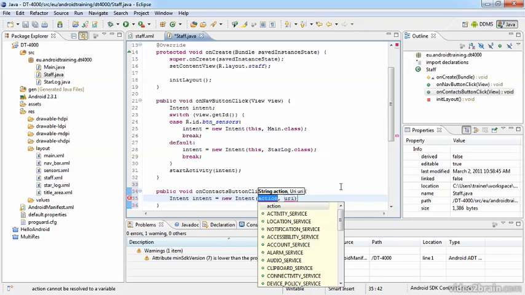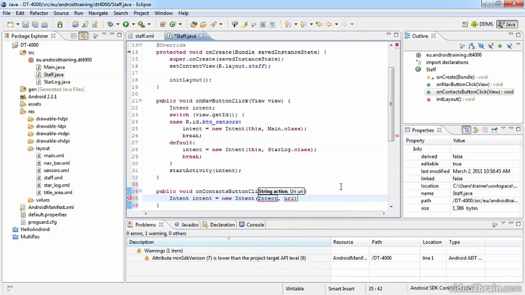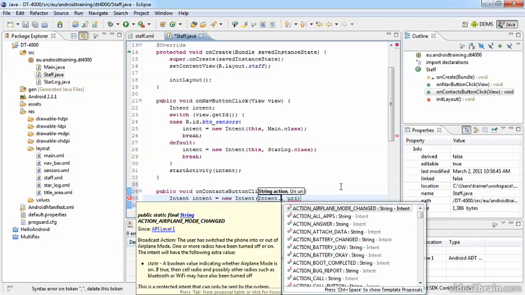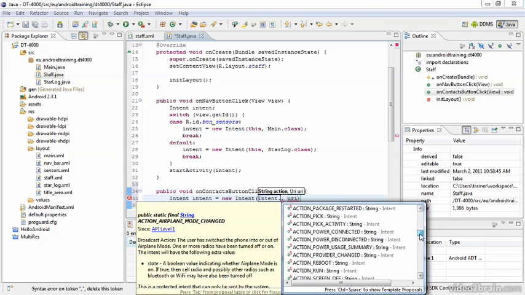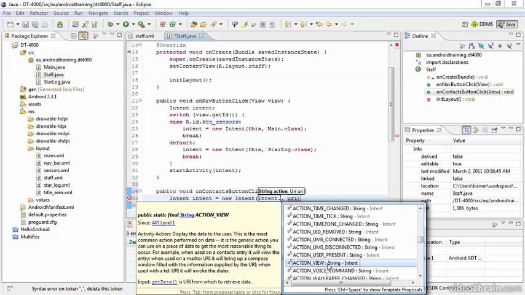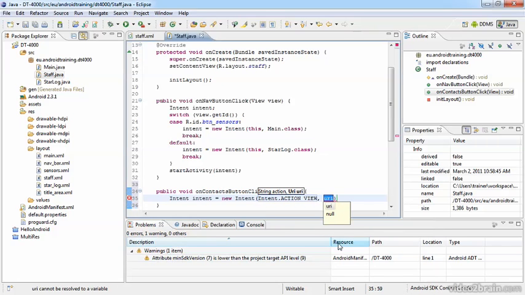So now we need a string for the action. For convenience, these strings are predefined in the intent class as class constants. We want to view the contact, so I pick action_view. Here it is. And then I'll need something of type URI. And this can be seen as some sort of address which I want to access. I can create such a URI with the static method of the URI class,